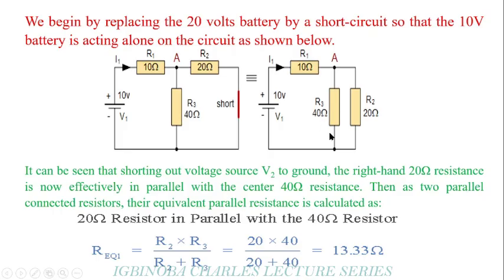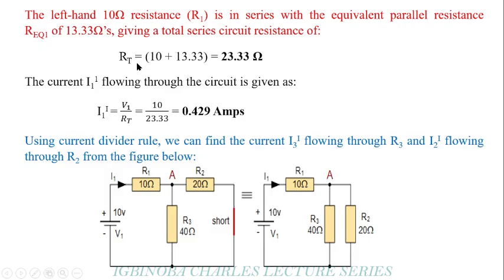So to do that, we come here, R equivalent. We already know that the 40 ohm resistor and the 20 ohm resistor are in parallel. So first of all, resolve them in parallel. We have R equivalent equals R2 times R3 all over R2 plus R3. When you do that mathematics, you are going to get the equivalent resistance as 13.33 ohms. After that, this particular resistor will now be in series with this particular resistor, making our total resistance equal 10 ohms plus 13.33 ohms,